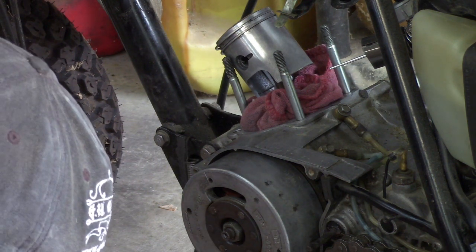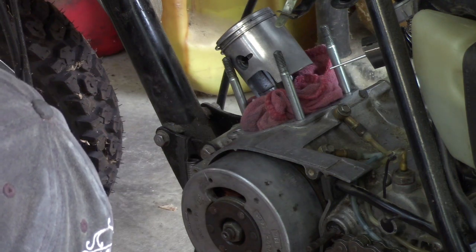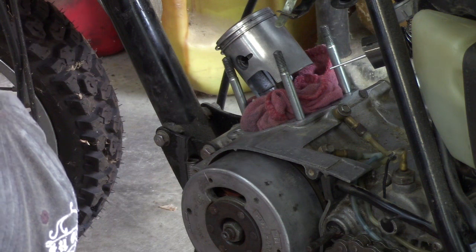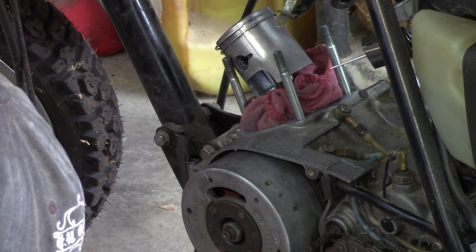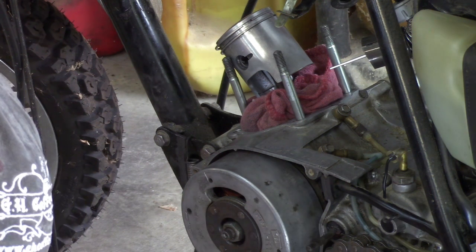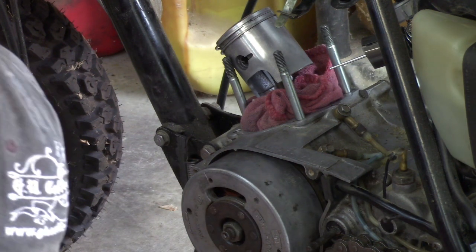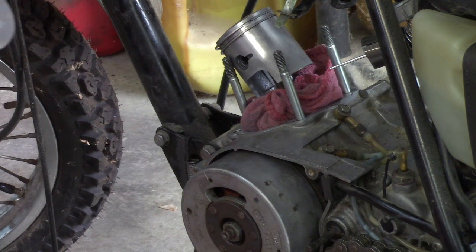Yeah, I see no scratches. Nothing. Well, this plot just thickened a lot. Huh. Well,